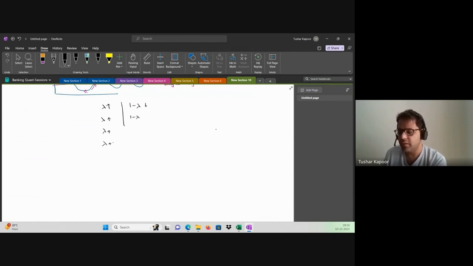In the second period, like the first period, and so forth, it becomes lambda into 1 minus lambda. I'll not talk about it, it's going to be confusing. Then 1 minus lambda becomes higher here because this is low. And at any point of time, the sum total of these two things should be 1. So if lambda is low here, 1 minus lambda becomes high. 1 minus lambda becomes even higher. So as the period increases,